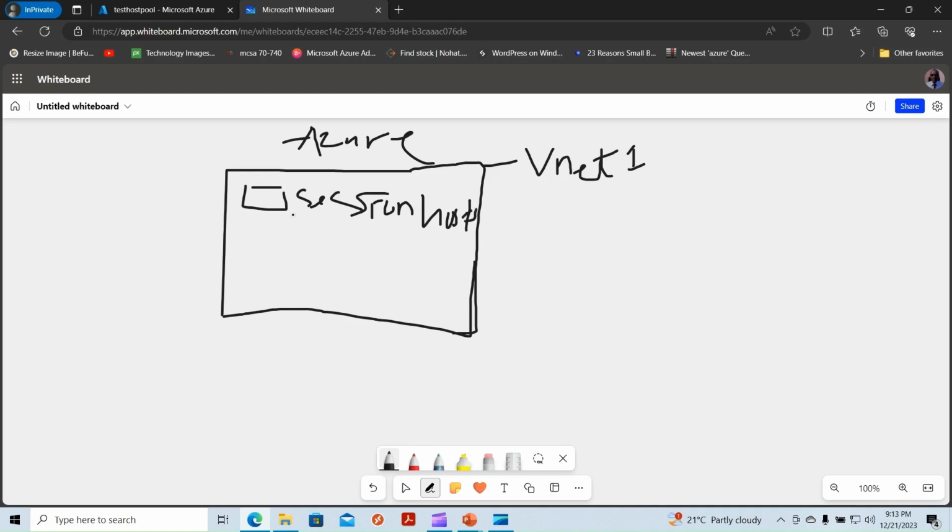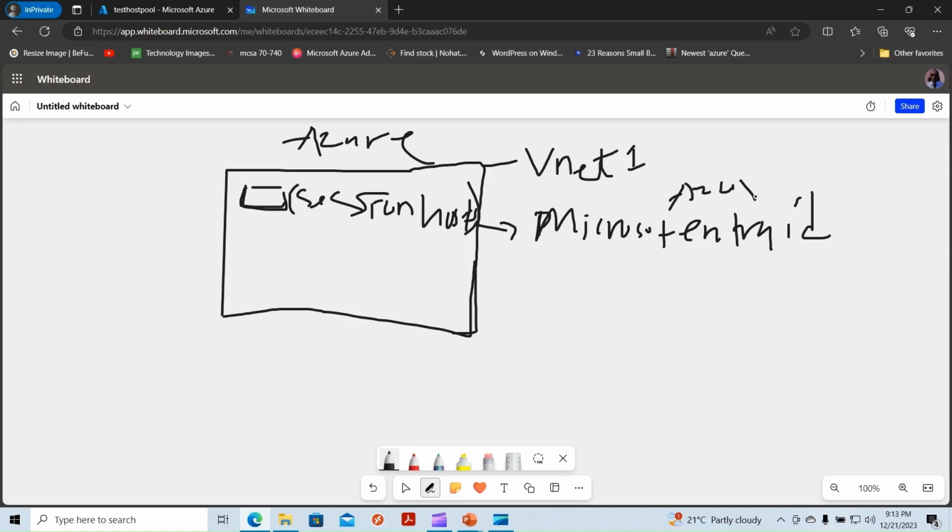So these session hosts, you want them to connect. The way we usually connect to make sure the authorization happens for these session hosts is that we ensure they are either directly domain joined through Microsoft Entra ID, that is, initially Azure AD,